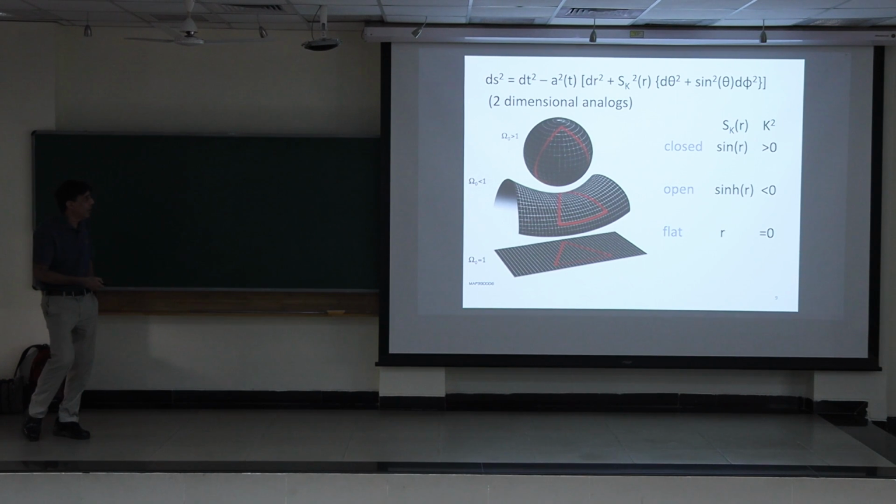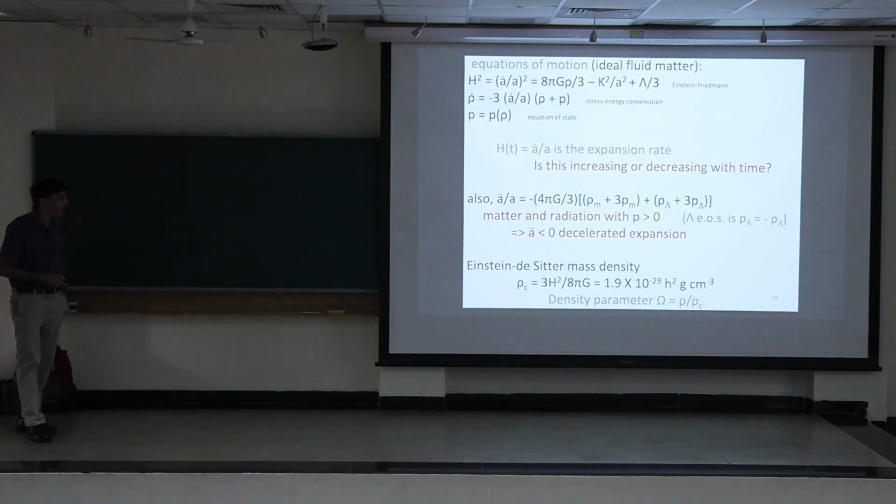So we need a dynamical variable, and very loosely you can think of the scale factor as being the radius of the sphere, and as it gets bigger and bigger, the universe gets bigger and bigger. And you get the equations of motion. These are for an ideal fluid model, and you can put in other things also, but I'm just going to write down the simplest equations of motion. So you get the Friedmann equation that relates the expansion rate, so dot is the time derivative, to the various things that are powering the expansion.